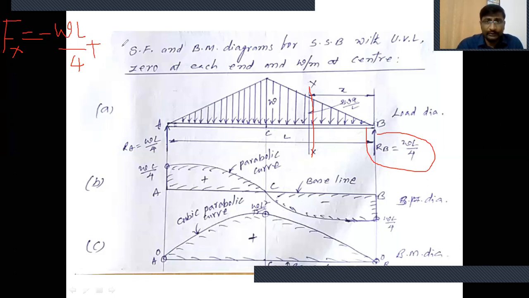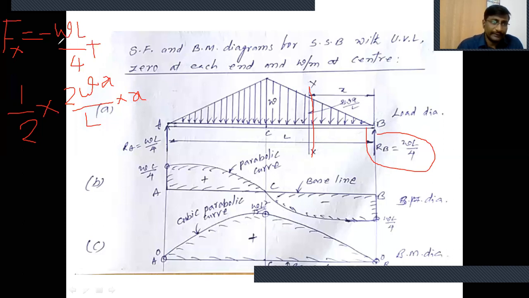So plus, what is the load intensity? It is again the area of the triangle, the smaller triangle up to x, into the height of the triangle, which is 2wx by L. Clear, students? Off into height into length. What is the length up to x? X itself. X is the length of the smaller triangle, because we are taking the right side of the xx section. That's why the length of the triangle is x.